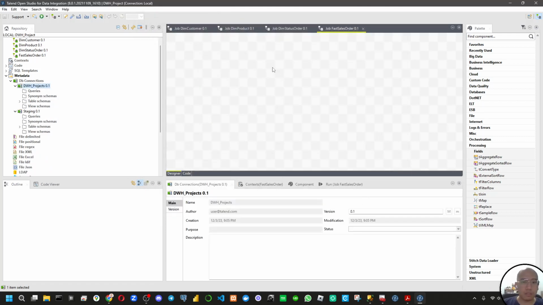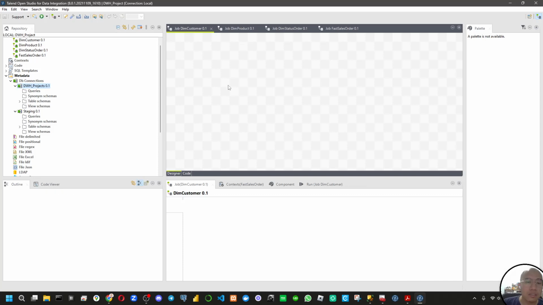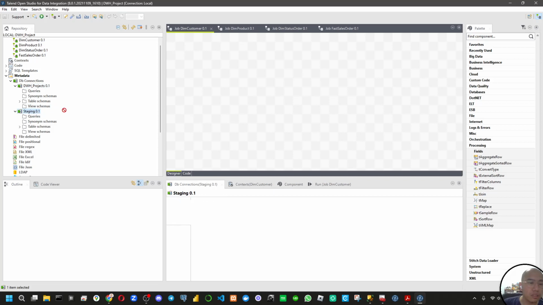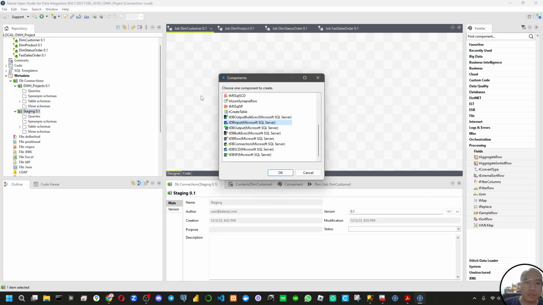Now we're gonna do some transformation for data for the customer table. We click on the job here, and then we drag and drop the input. Choose input Microsoft SQL Server.